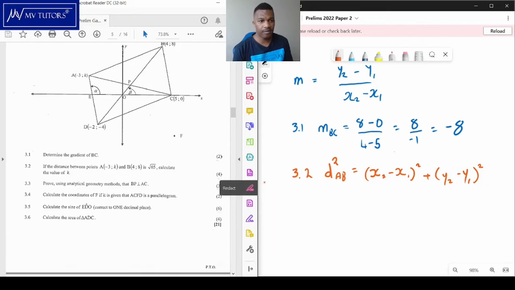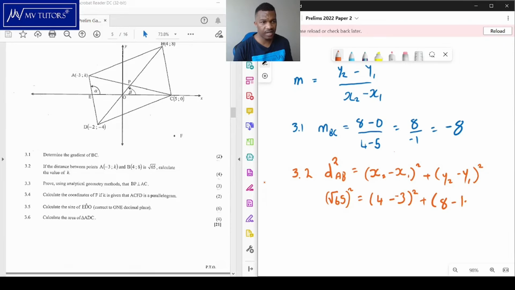So that now I'm gonna have square root of 65 squared is equal to, I'll make B 2, so that it's gonna be 4 minus minus 3, which is plus really, plus y2 is gonna be 8 minus k squared, and then this one squared, that's just 65. 4 plus 3, that's 7 squared,